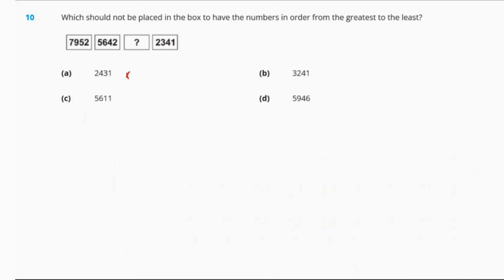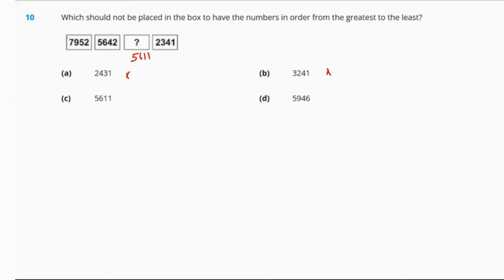Now next is 3241. If we try to place 3241 here, again the pattern will remain the same. Is it causing any issues to the pattern? No, right? So again, we will not consider this as an answer. Next is 5611. If we talk about 5611, the pattern is still the same, right? Why? Because see,